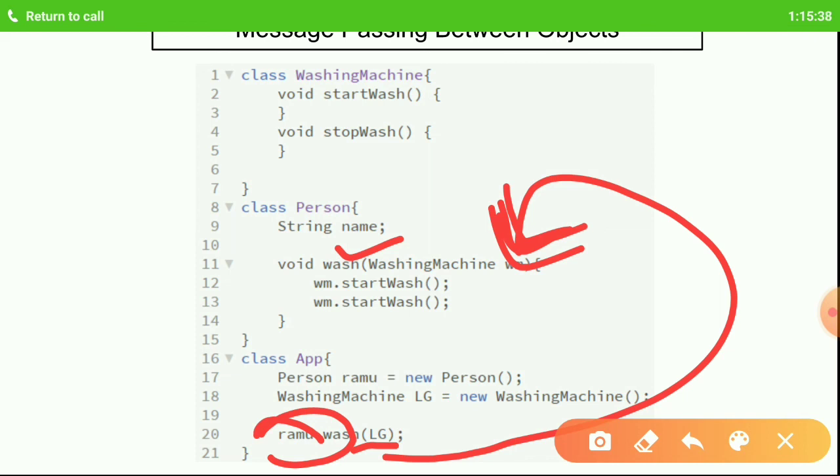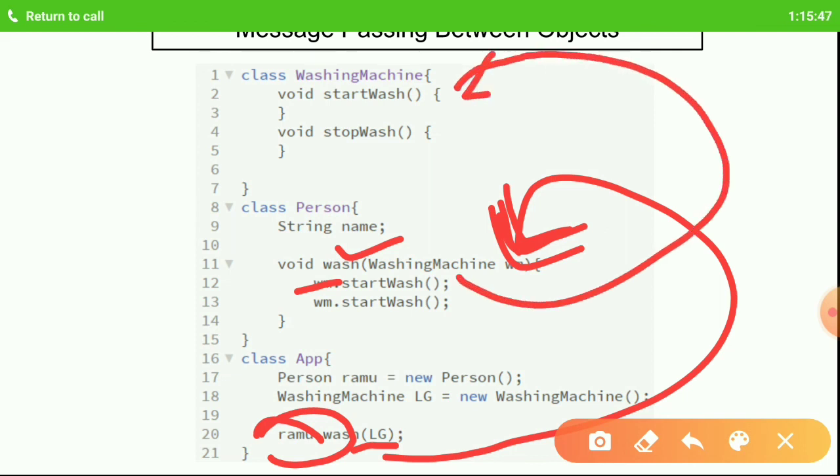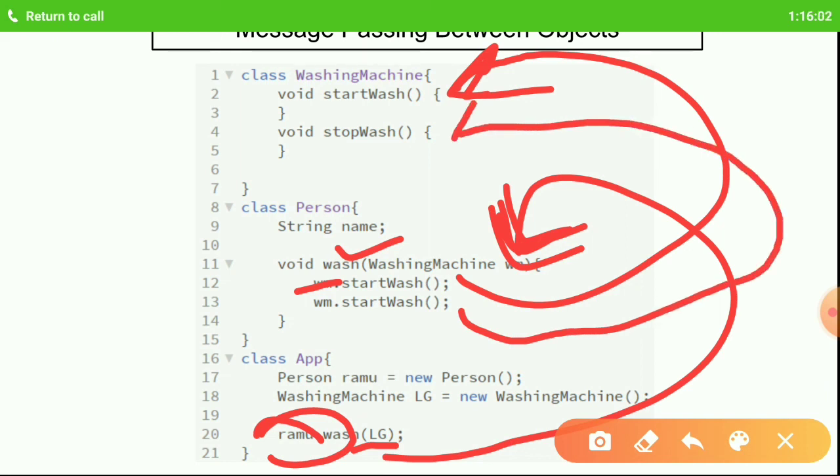So now when I say WM dot start wash, the control will go to the object's start wash function, which is inside the washing machine object. Similarly, when I call stop wash using WM, it will come to the function stop wash, which exists inside the washing machine object.